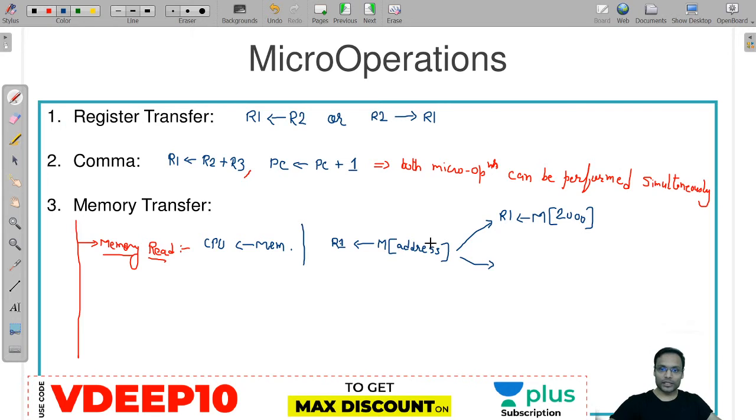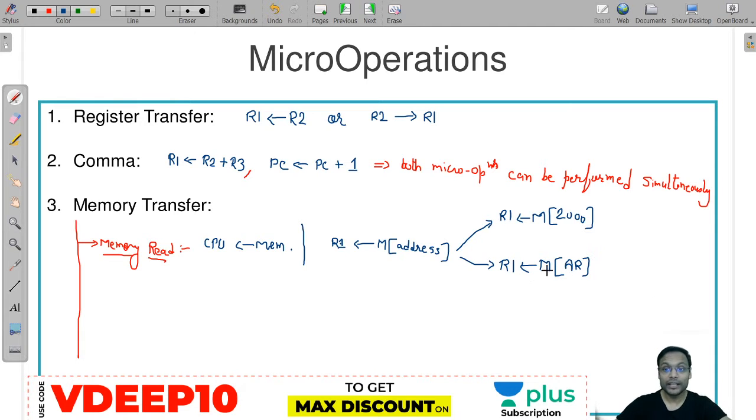So you can denote this address, or specify this address, in two ways. One is directly you specify the address, 2000, 3000, 1000 or something, in any kind of number system. Suppose you are using decimal or hexadecimal or something. Based on that, you can specify that address value directly here, or you can specify some register here which is holding the address. Suppose the AR register is holding the address, then you can write like this.